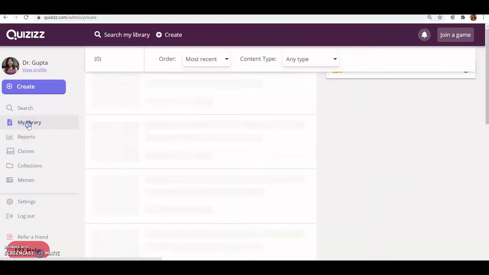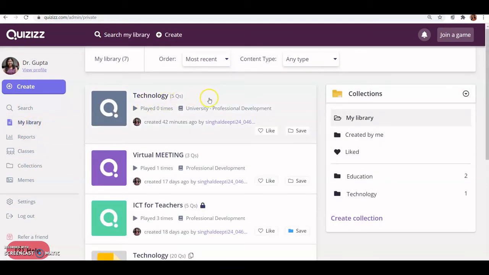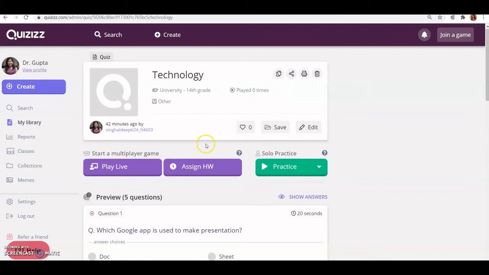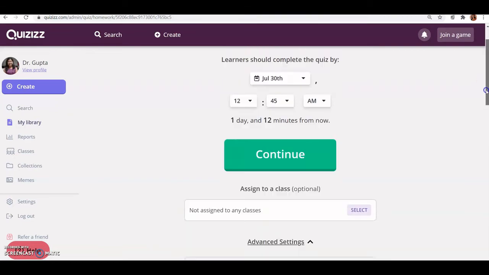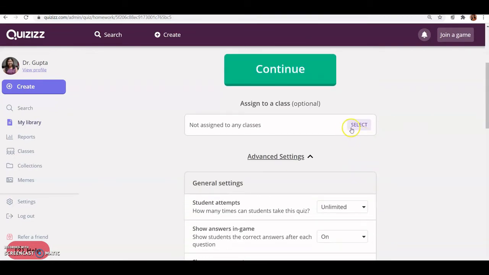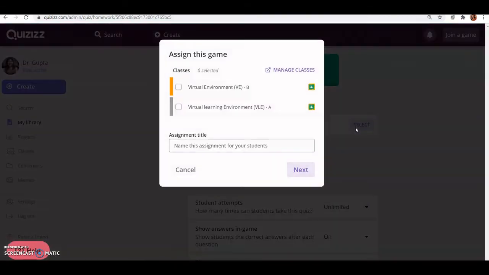Now coming back to my quiz, I will go to my library. I have created this quiz and now I can assign it as homework. So I'm going back to assign homework. Earlier it showed no classes associated, but now I have associated my Google Classroom.